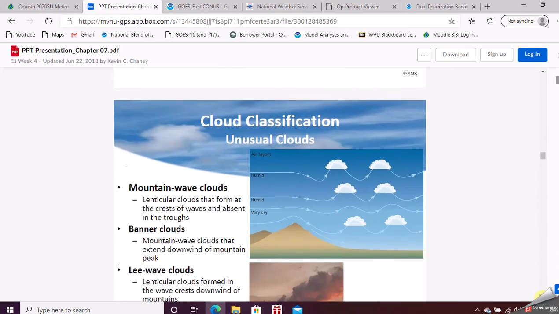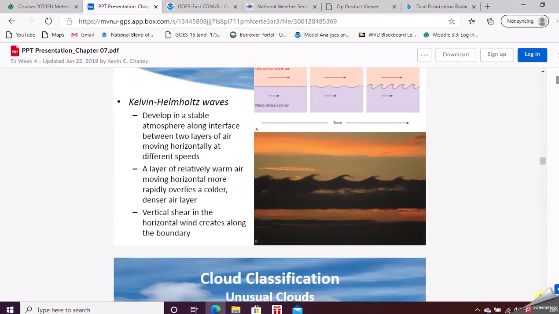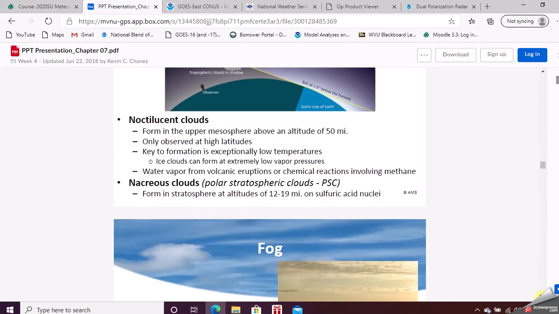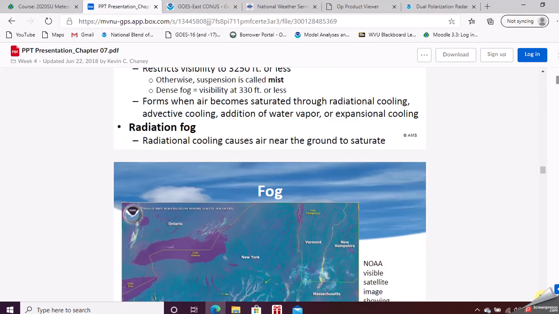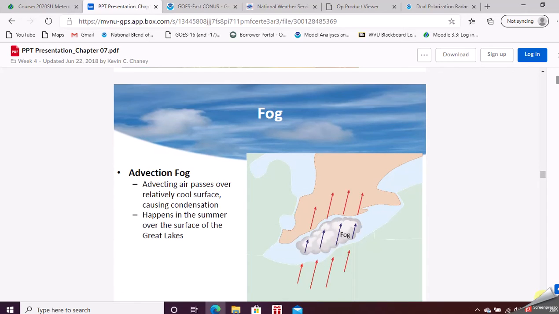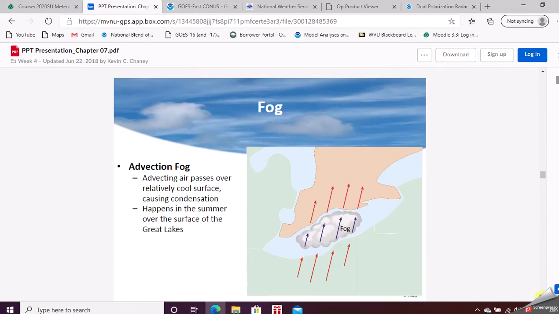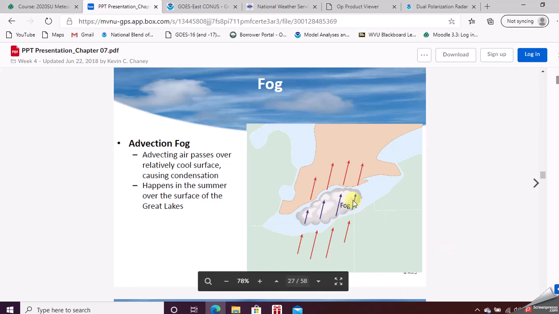And there are all kinds of unusual shapes of clouds and unusual looking clouds, and fog, of course, just another cloud that's really on the ground. We'll talk about that some more. And we talk about moisture advection and how literally fog can form over the water and move over land.